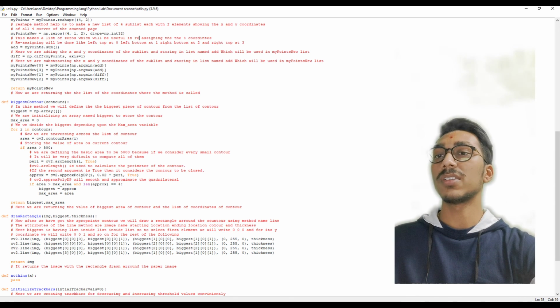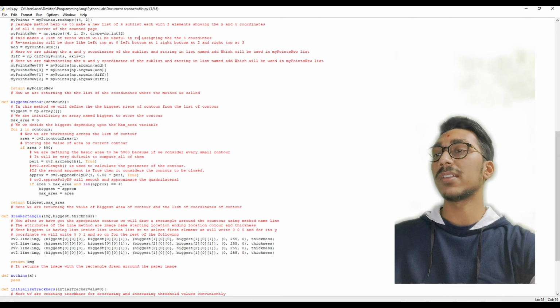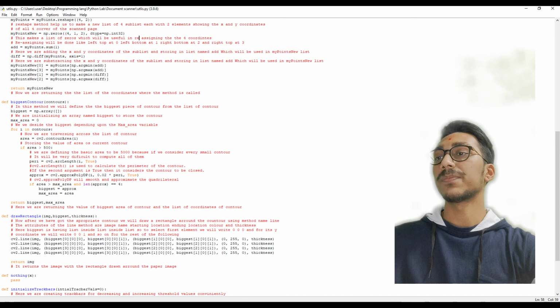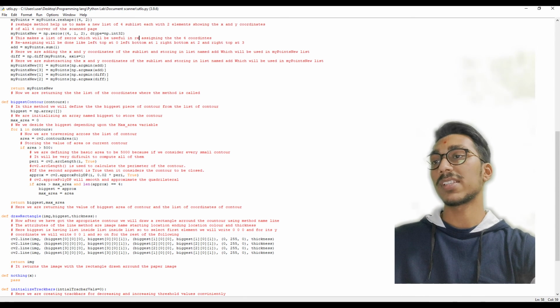Similarly we will do for the other three sides of the rectangle, and in the end we will return the image drawn using the line, the image which has a rectangle drawn on its sides.